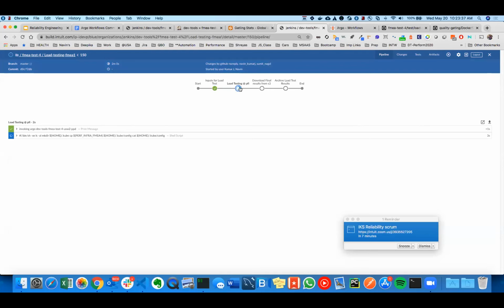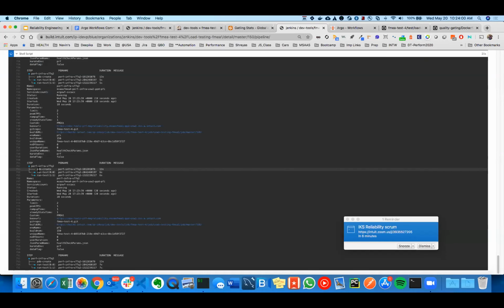Now that you have seen this load testing at PFI, we have a namespace called PFI, and that's where the execution will start. This is the namespace where we have the Argo workflow installed. We are taking the service account, which is provided from Jenkins, so that it can perform the Argo actions. Here the Argo submit command has started. These are the two load generators, perf infra hyphen these two, the run test, and the execution has just started.